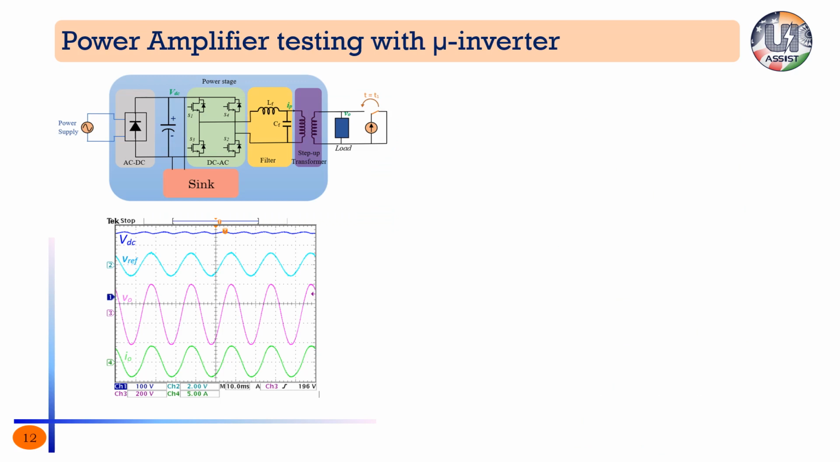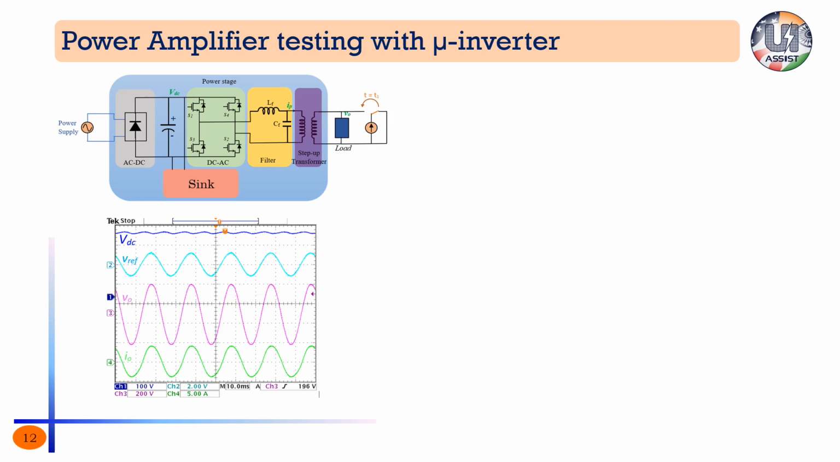So for the sake of bidirectional PHIL simulation, this power amplifier should have a bidirectional power flow capability. That means if a source is connected at the load side and the power supplied by the source is more than the power consumed by the load, then this power amplifier should be able to sink the excess power available at this particular node. So this was the typical